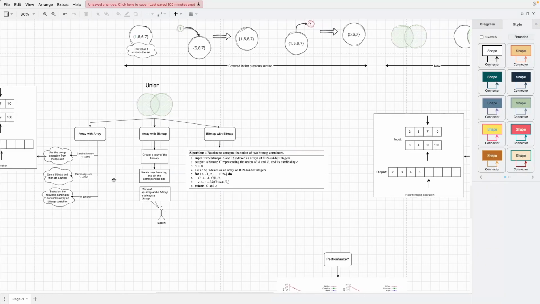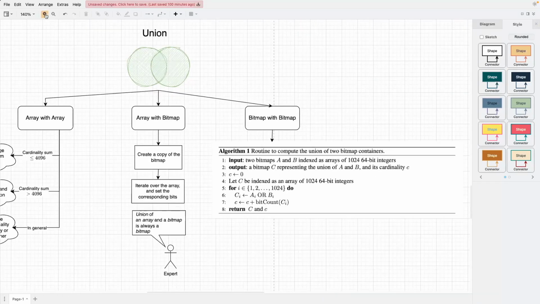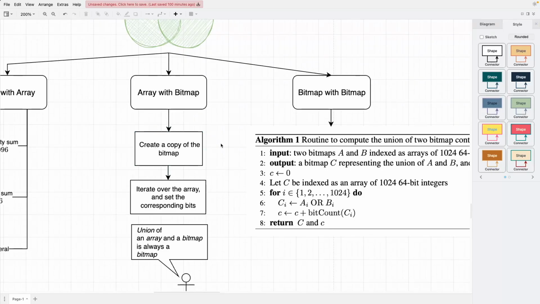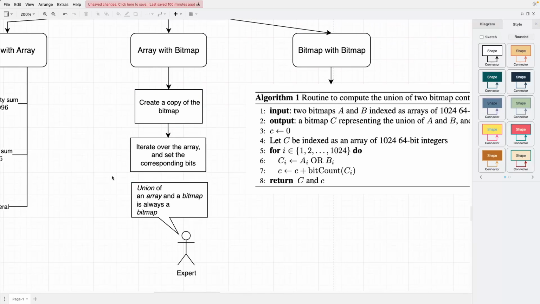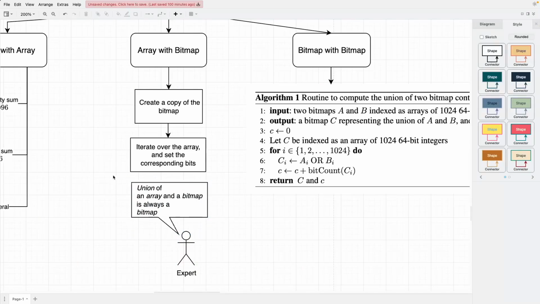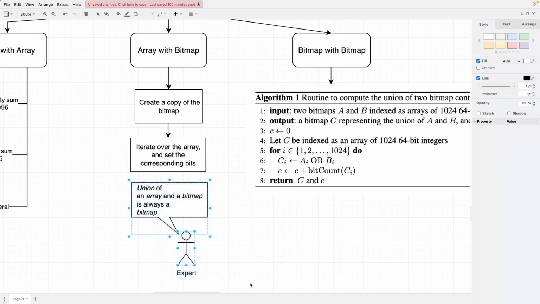Now the final case, which I'll just zoom into here again, which is array with bitmap. After this, I'll again open for any questions on the union operation. I'll start with this fun fact here at the bottom from our expert. And this is actually an interesting fact, which is if you take a union of an array container and a bitmap container, the result is always a bitmap container. I'll just repeat that again just so that everyone gets a moment to think why this is true. If you have an array container and you have a bitmap container and you union them, it will always be